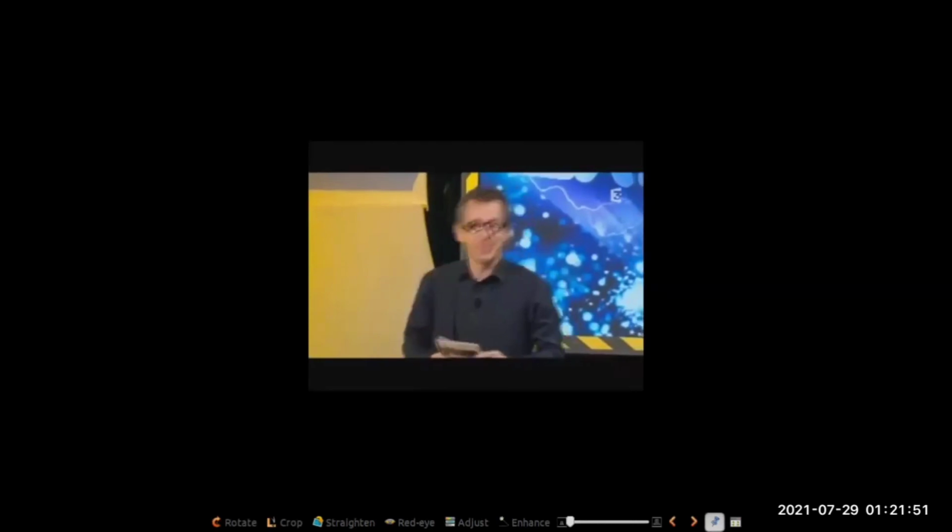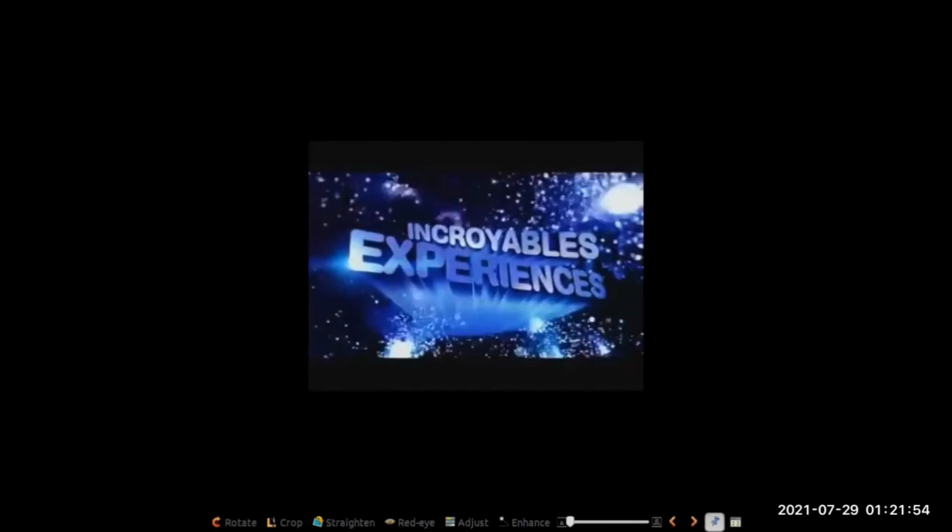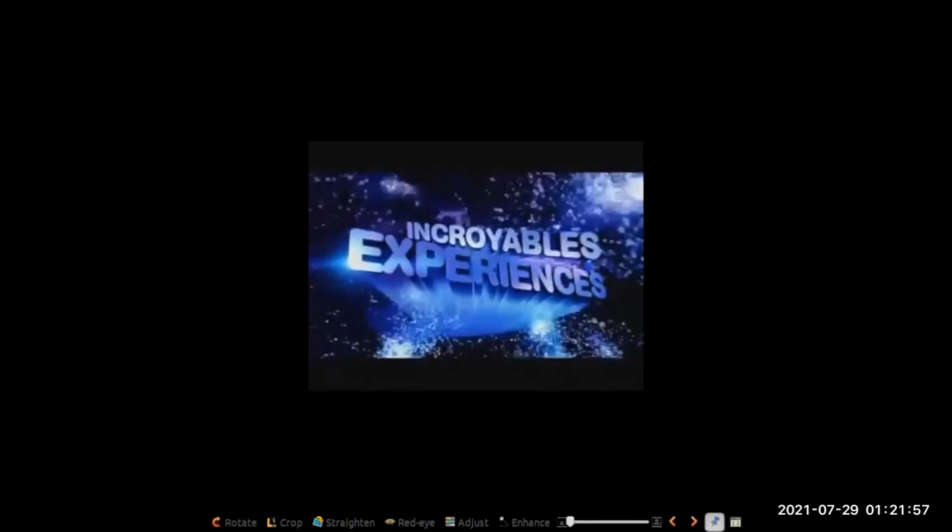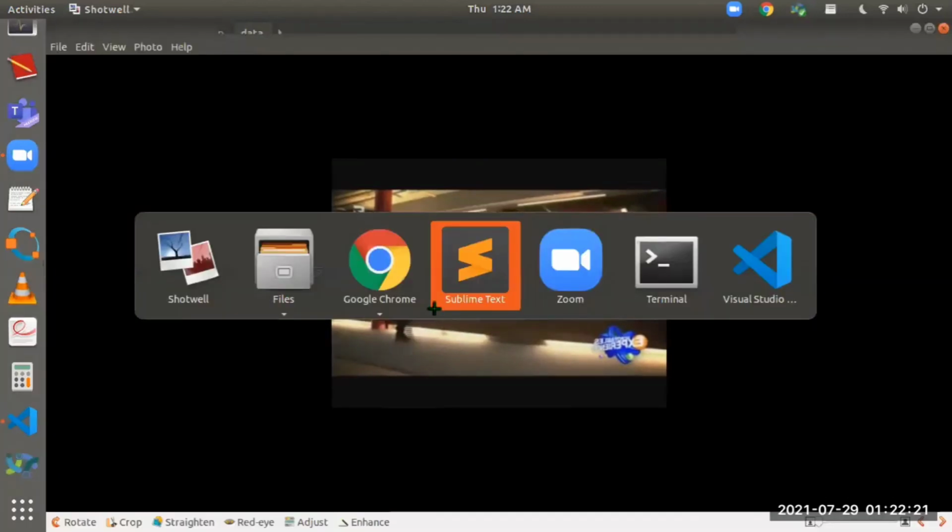But if I go to the next frame very fast, then your brain thinks this is a video playing. But in reality, what is happening? These are just frames changing at a very rapid speed. Now, when these frames are there, I can make an application or software that can play these frames at a very high speed, and that rapid changing of frames will be called a video. There are many applications that do that, like VLC Media Player or MX Player on your phone. That one does this only.